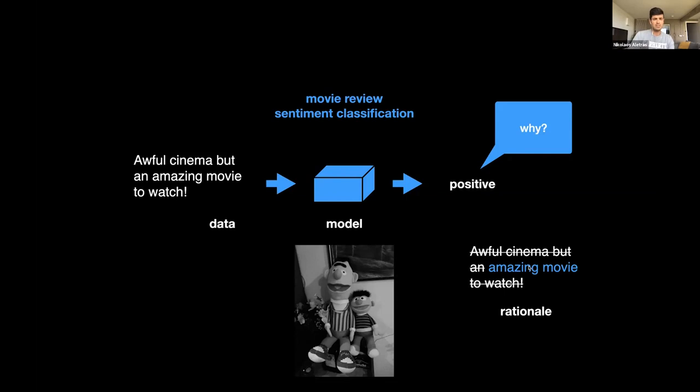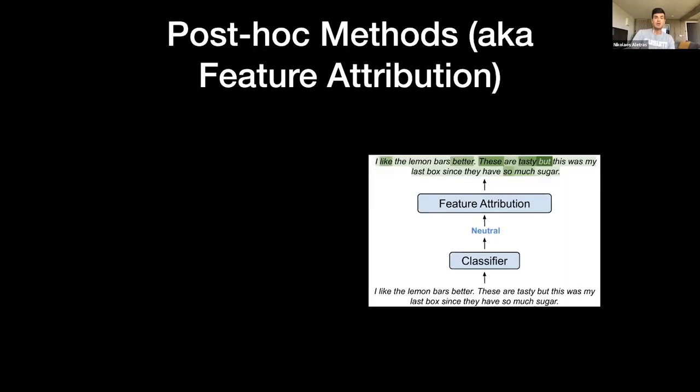Here I'm not going to make a distinction between what is plausible for humans and what is faithful for the model, what the model actually decided is important. I'm just going to make this particular distinction, and we're going to focus only on faithful rationales. We don't really care in this work how plausible the rationales are for humans. This is a different strand of work that we haven't looked at.